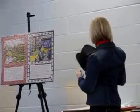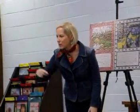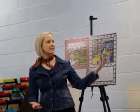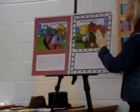Well, it looks like that city bear could use a change from his busy city life. So raise your hand if you can think of a way for these two bears to solve their problem. They each want a different kind of life. What could they do? They can switch, like, if they meet again, they can switch. They can swap places. Well, that's exactly what happens. They swap homes. These two bears meet at a